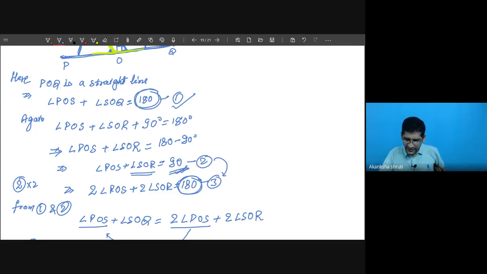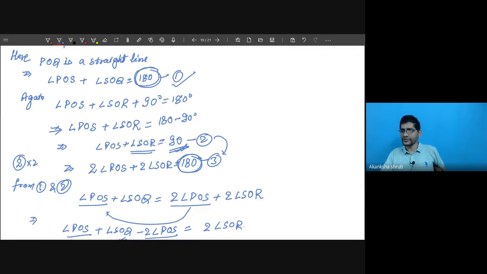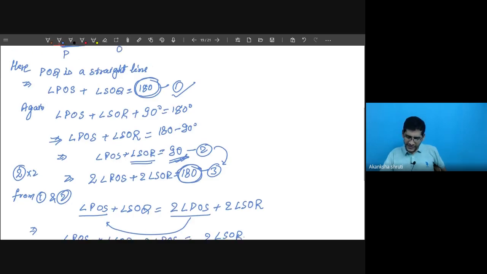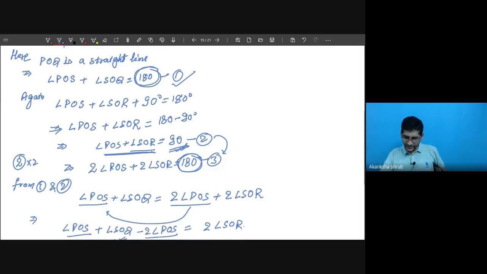Either write 180 as 2 times 90 and then substitute it, or multiply the 2 by the number 2 and equate to 180. That is the method of solving the linear equation. So that's why I have multiplied the second equation by 2 and equated. Or you may substitute 180 as 2 into 90, and in place of 90 it is the same thing. Again you will get the same result. Okay, that is the way.